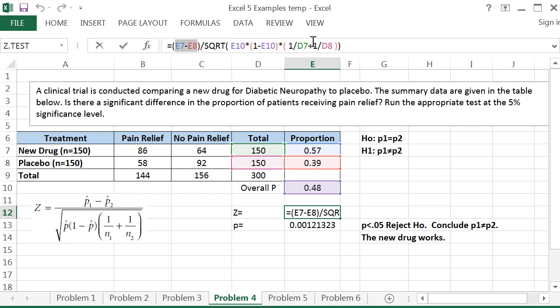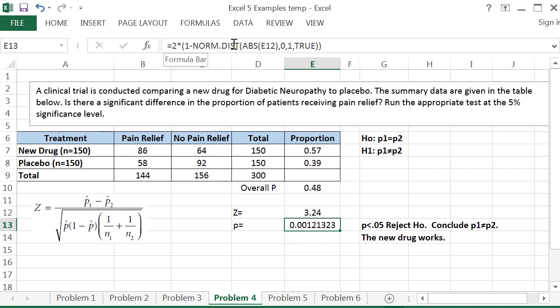And then times the sum of the reciprocals of the sample sizes. So that's 1 over this sample size here, the 150, plus 1 over this sample size. So that's 1 over D7 plus 1 over D8. And that's right here. So that's this portion of the formula. So you should be able to just edit my formula and get your test statistic. And then the p-value, the formula for the p-value, and again, this is from the workbook